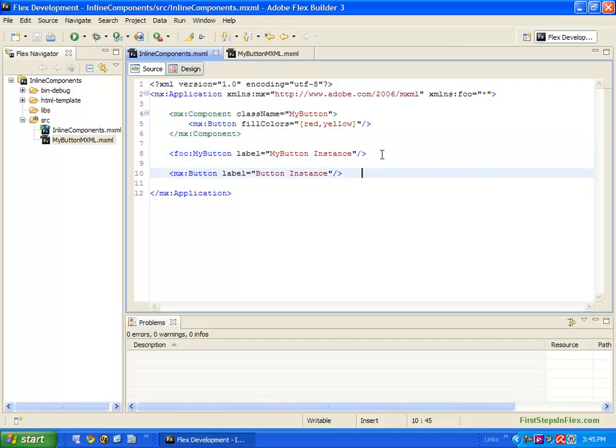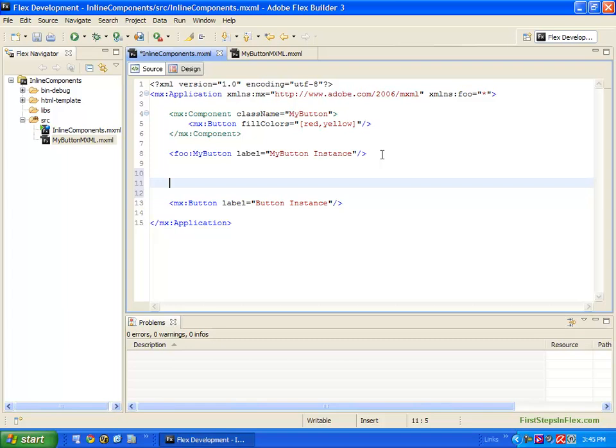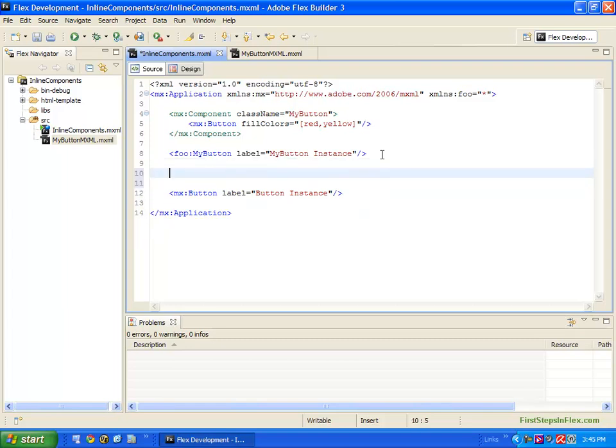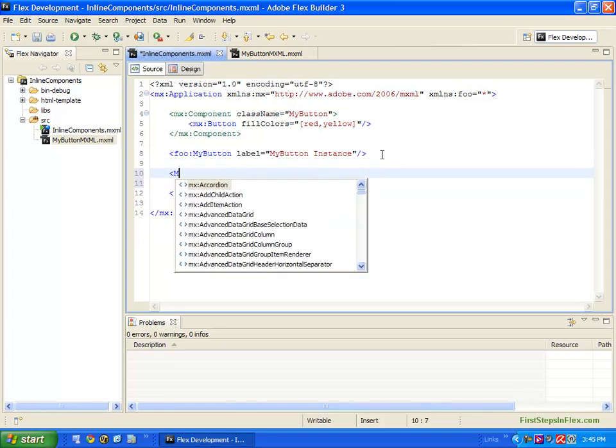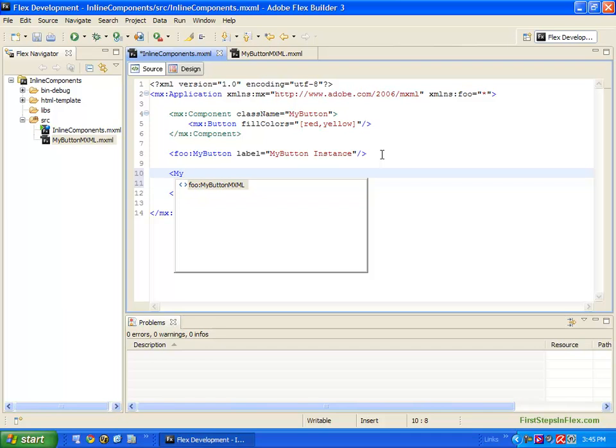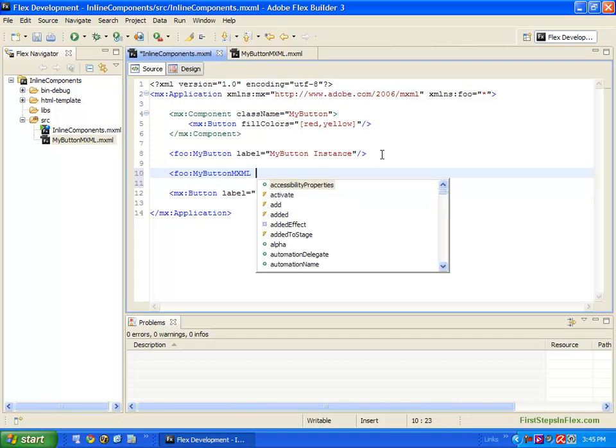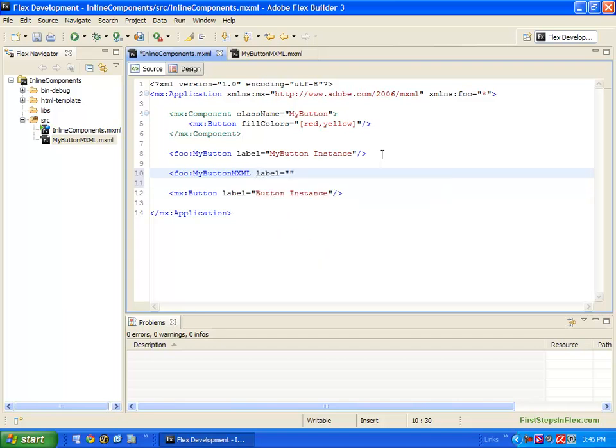So that means I can only have one component per file? Yep. It's like Java that way. So now let's go add, and now we actually get the code hinting. You'll see it's using my foo prefix because I left that in there, and it will auto complete that. So now we get my button MXML, and then we can set the label. We'll call it my button MXML instance,